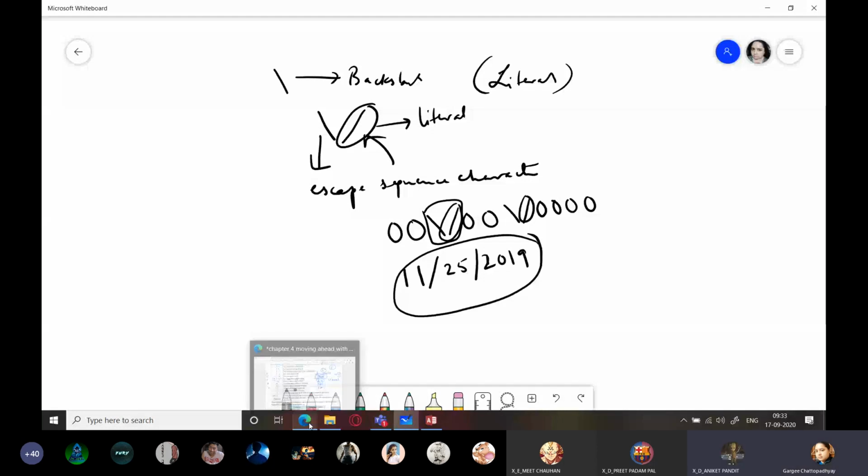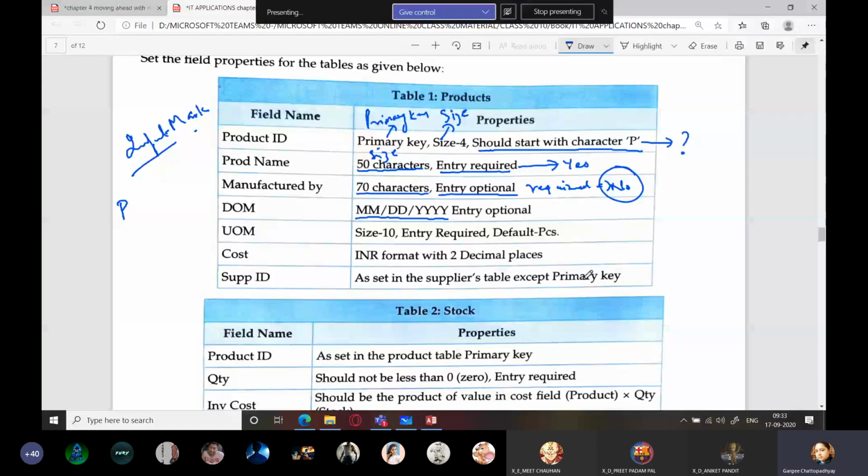Yes, ma'am. It is a little typical, a bit tricky, beta, okay, but because we are applying the concept, this is how, when you apply the concepts, you do some research and you learn, right? So you have to train yourself this way. Next is entry optional. Again, required will be no. So obviously, by default it will be no. So you do not have to change it.